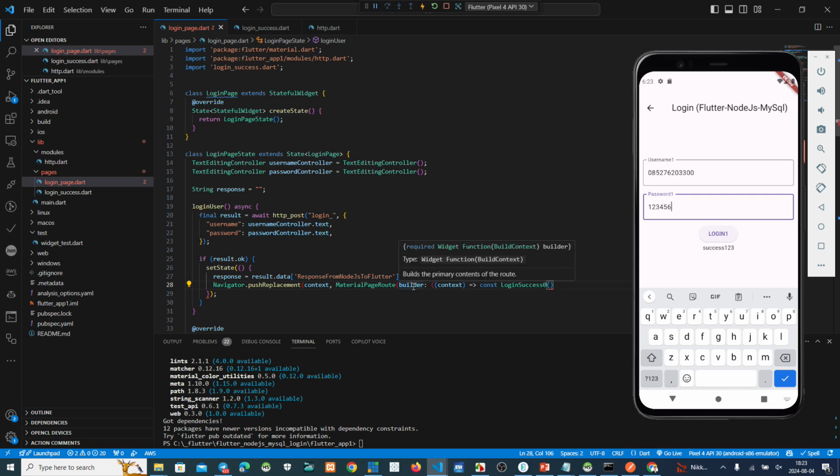Builder. This one. Oh, too many this one. Context. Okay.